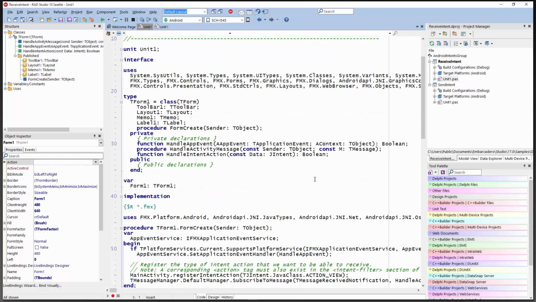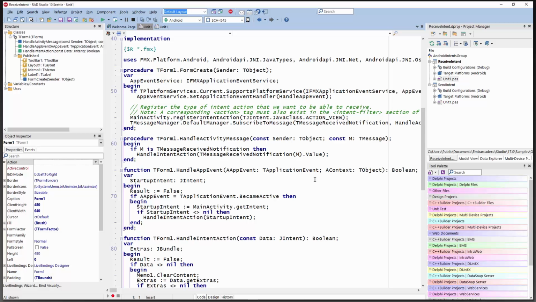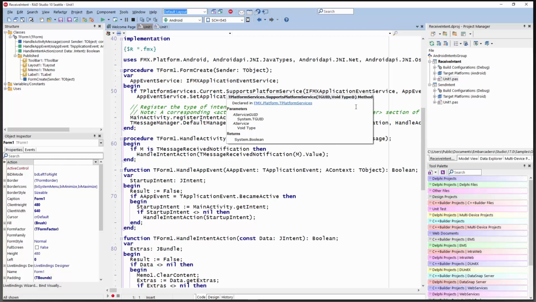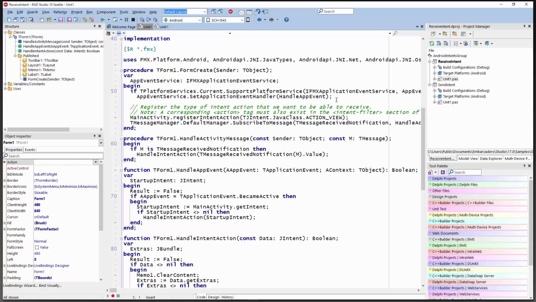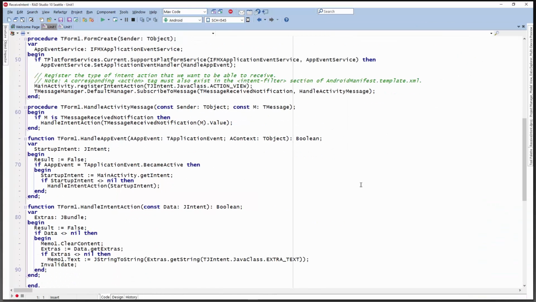This one is probably a little bit simpler in that it just receives the text, and the application just has a memo, and it will put the text in the memo. So here in the form create, it looks like I'm registering. You're setting up an event that will get fired when the application starts up that says that if the application is being started with an intent, then retrieve the content of that intent and handle it. And the method at the bottom, handle intent action,